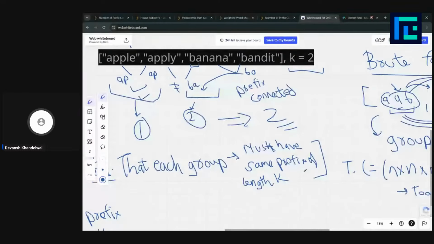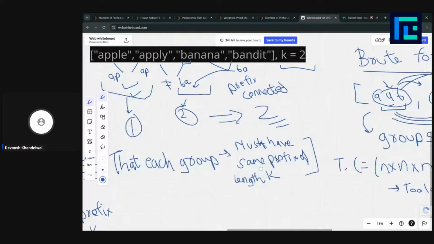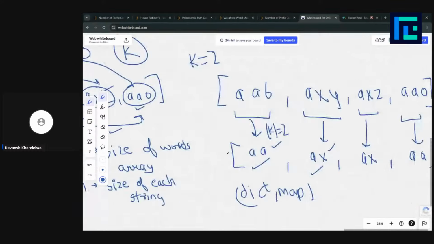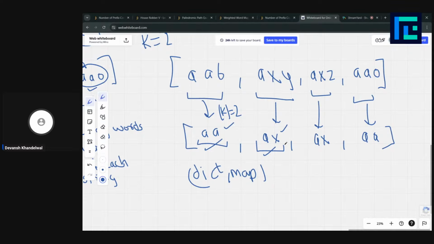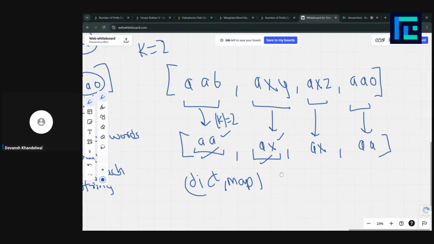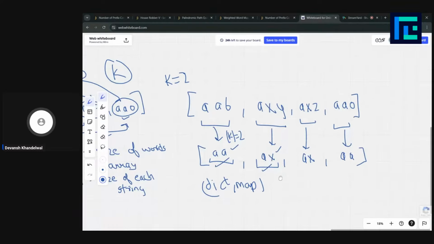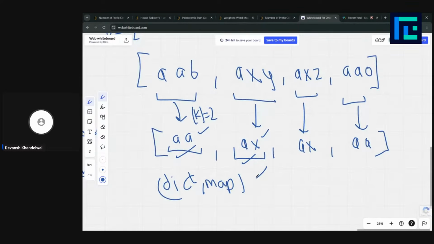So we are going to calculate the prefix string for each word in the words array, and then count the number of places where we got this as our prefix string, and AX as our prefix string. We could easily count this using a dictionary or map. Did you get it? So using this, we could easily calculate it.